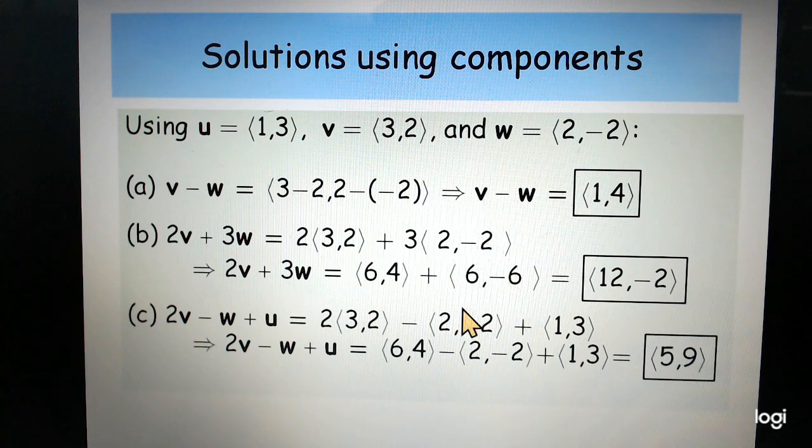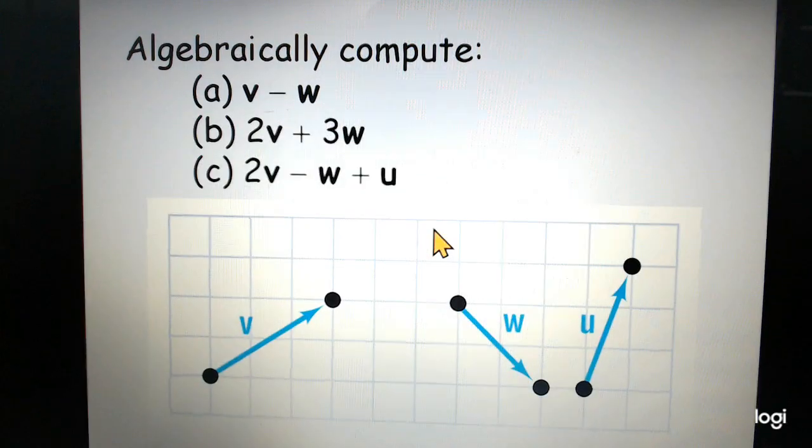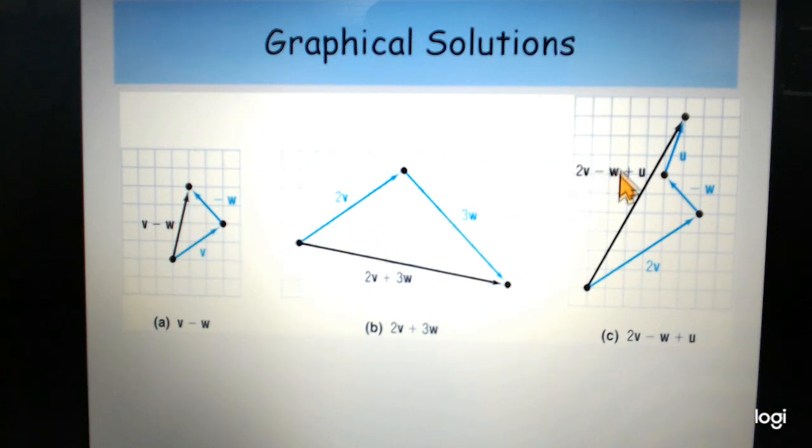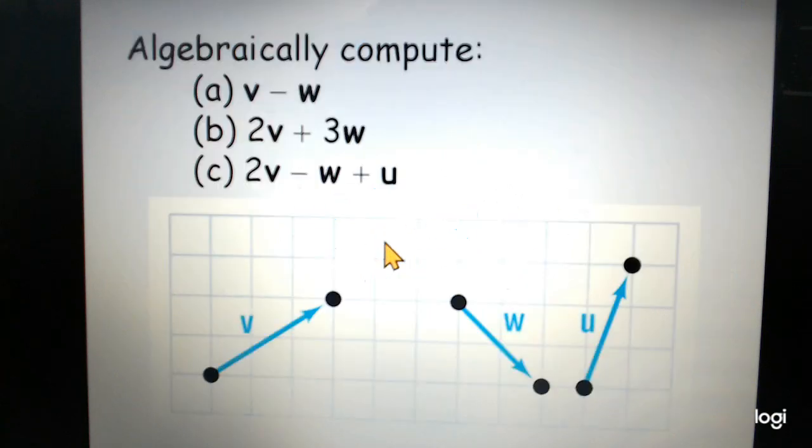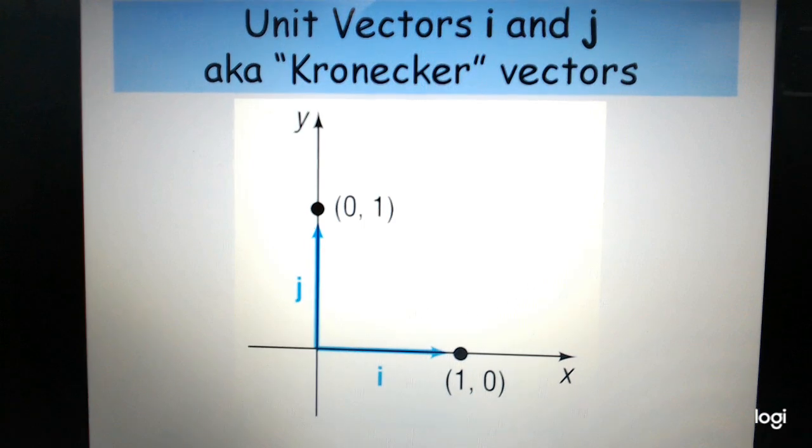And the rest of these follow them. Very simple. It's surprisingly easy. So we have two different ways of doing this. We have components, which is an algebraic approach, and we have a visual or a graphical approach. Okay, now